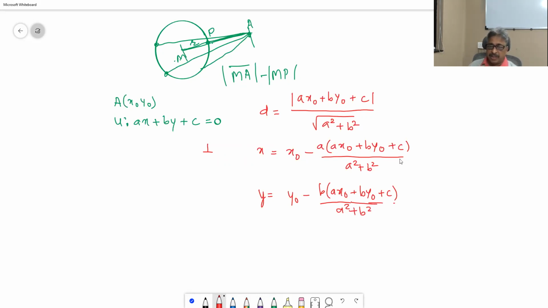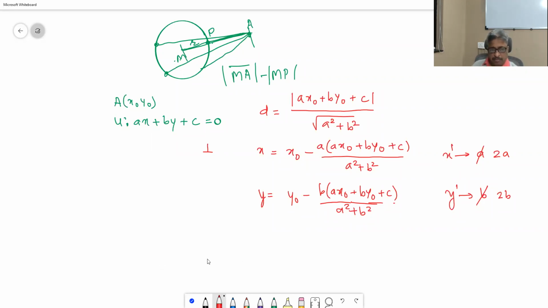If it is reflection, then suppose x dash is the reflection. What is the change in the formula? Instead of a, you have 2a. For y dash, which is the reflection, instead of b, you have 2b. That is the way you need to remember. Now,